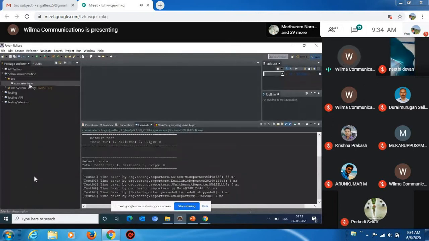After creating the Selenium package, the next step is we need to use some automation framework to implement the Selenium project. For creating a Selenium web project, we are using a framework called TestNG. TestNG is a testing framework which is basically used to test all your commands. So how to get the TestNG framework? We have to download it.